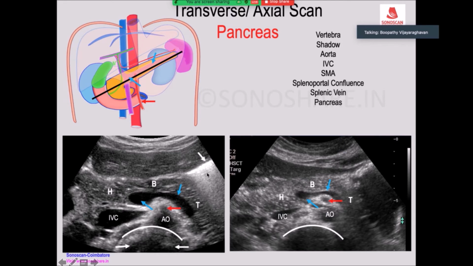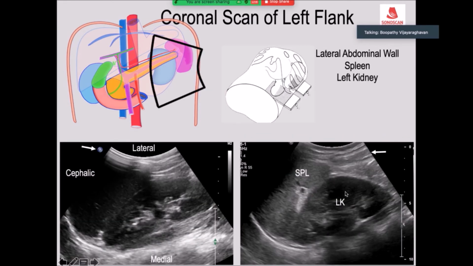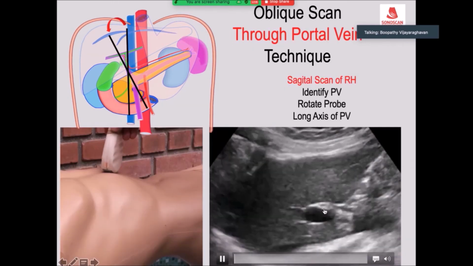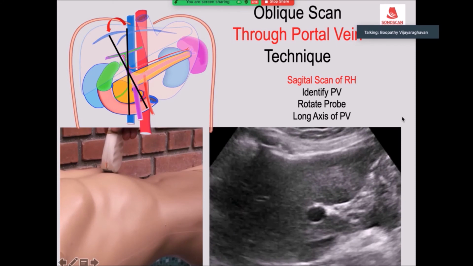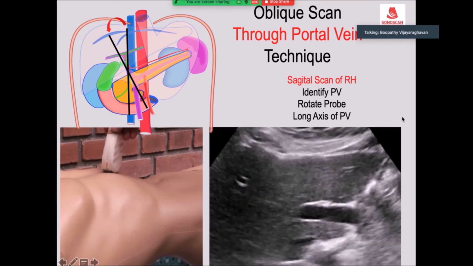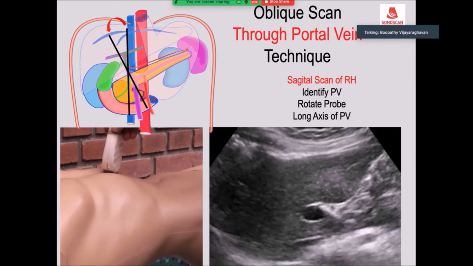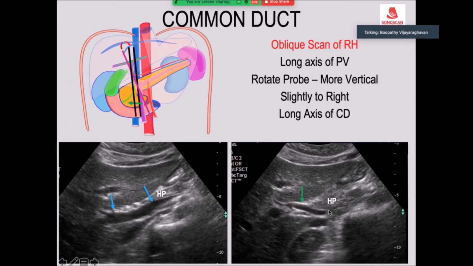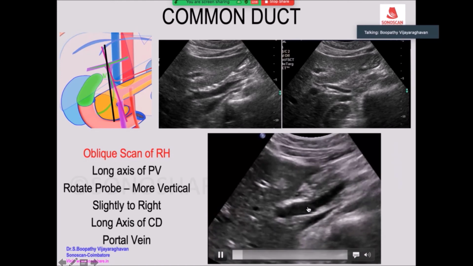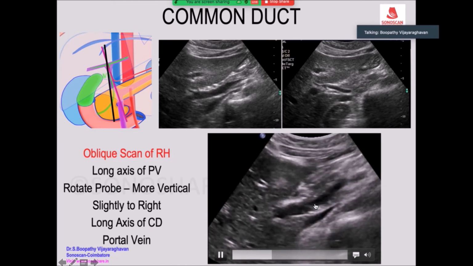And then here you see anterior to the pancreas on the left side, and instead of right kidney, you get left kidney. Instead of right psoas, you get the long axis of the portal vein. So this is the technique for any linear structure. This is the technique we follow to get the long axis of a linear structure like the portal vein, and then posterior to the common duct, you will see the portal vein. So that is the portal vein cut obliquely. Okay. So in this video you will see the technique, that is the long axis of the portal vein.